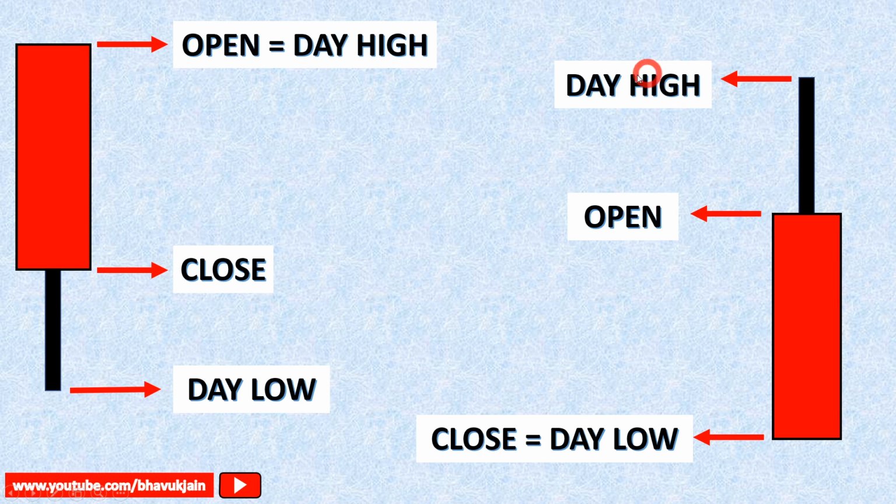It went as high as this point, and it went as low as this point and closed here. There is no lower wick. Why? Because the price at which it closed, the price of the stock, didn't go beyond this point. So this point is considered the final day low. In this case, the price didn't go beyond this point, so the day high would be considered this only.